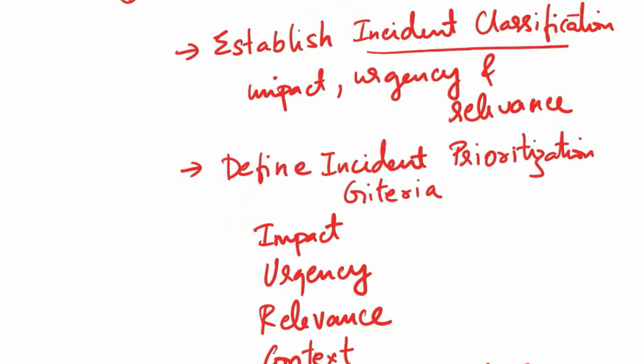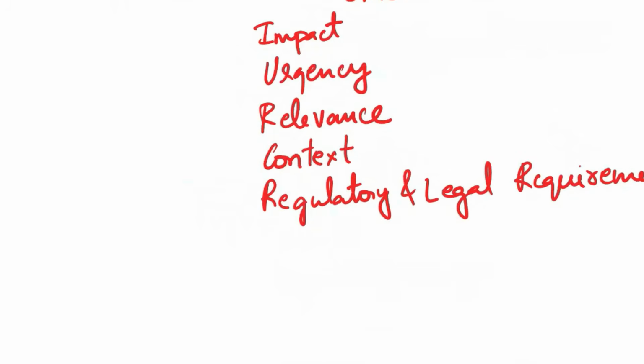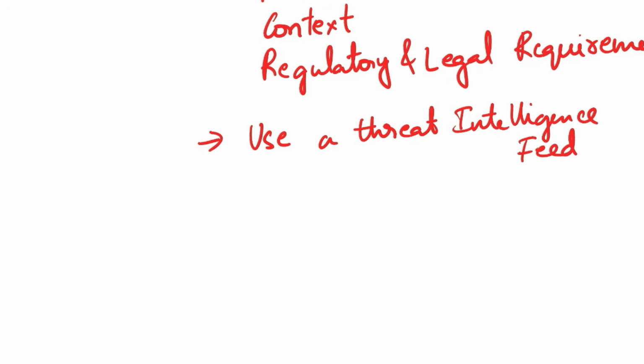Once you establish incident classification and then define the incident prioritization criteria, the next step is to use a threat intelligence feed. Incorporate threat intelligence feeds and indicators of compromise, that is IOCs, to help assess the severity and significance of incidents. So match the indicators that you see in the incidents against known threat data to understand the potential